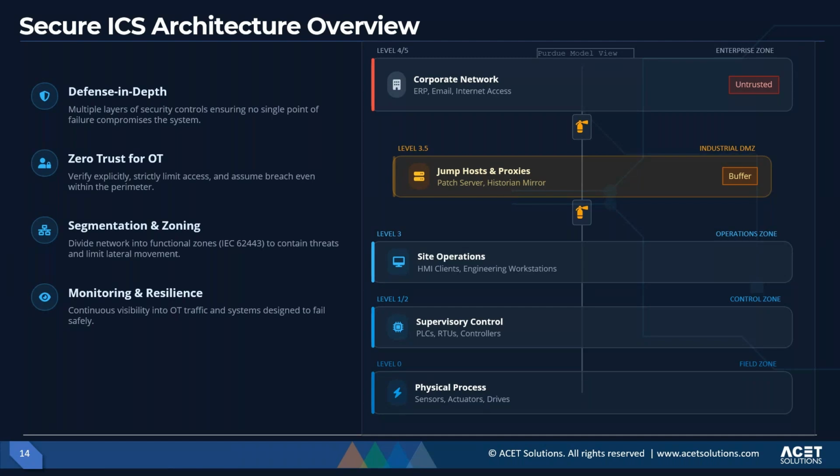Network segmentation is also a key pillar of the secure ICS architecture, separating the corporate IT network from the OT network with a DMZ and further isolating safety systems or critical PLCs into a dedicated VLAN. This minimizes lateral movement and ensures that any compromise is confined to the smallest possible domain. For example, the historian and the HMI operate in a separate network zone to prevent a compromised HMI from directly reaching